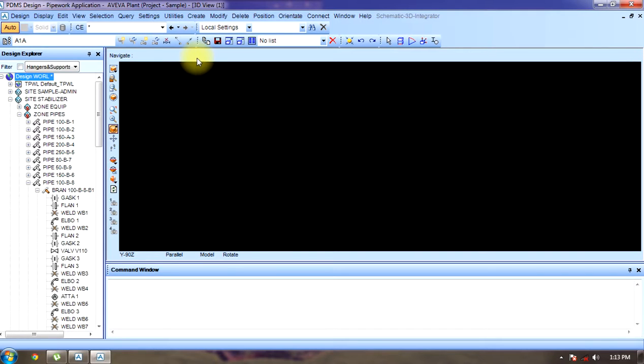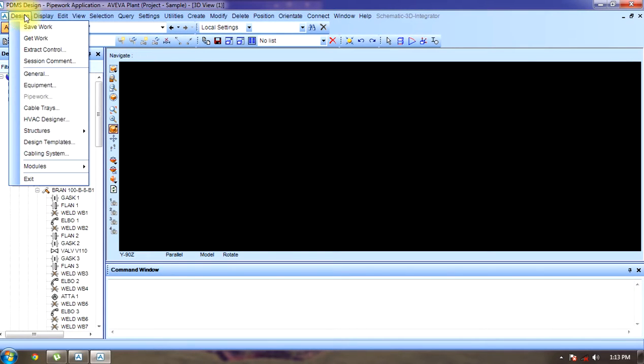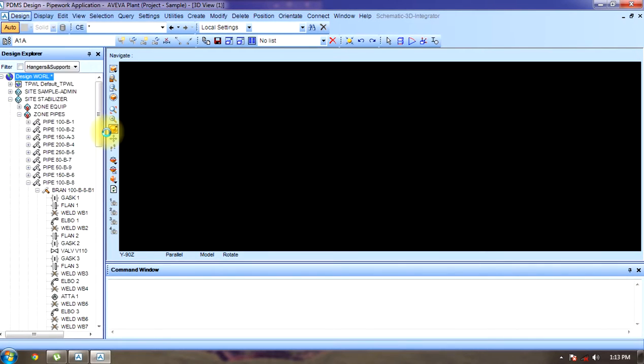So now we will work on beams and columns. First of all, we have to start the default specification and storage area. I'll select beams and columns. Then